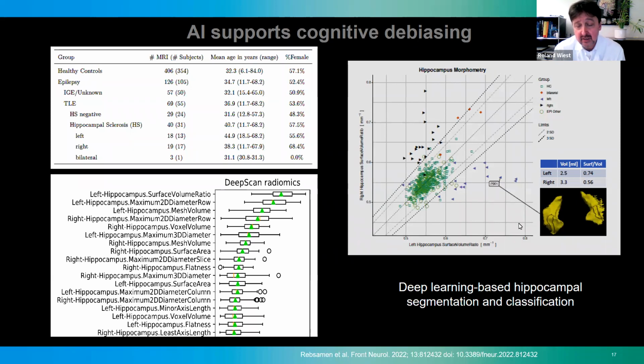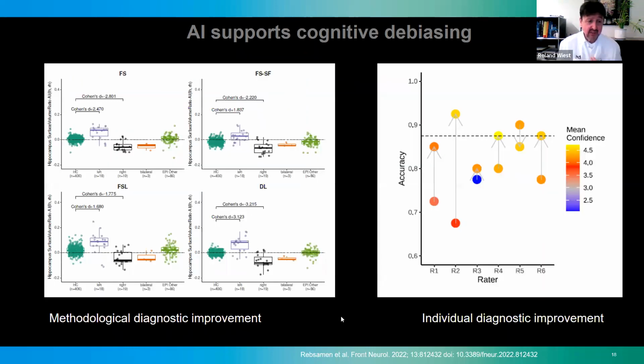It's a tool for segmentation of the hippocampus that uses a simple radiomic output, the surface to volume ratio. It has been trained on a lot of healthy controls and a lot of epilepsy patients. The goal of this tool is simply to inform you about the surface to volume ratios of the hippocampus and the volumes. So you can look at the discriminative power of the method itself, and see if, in comparison to other comparators in the field, the effect size increases. That means if the model is better at depicting the task that you assign to it,